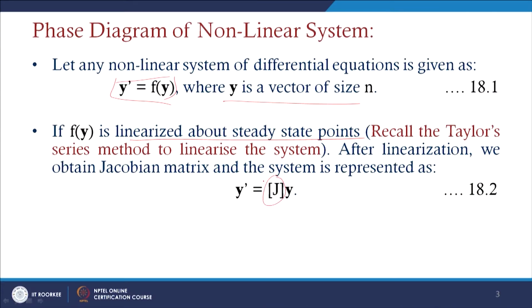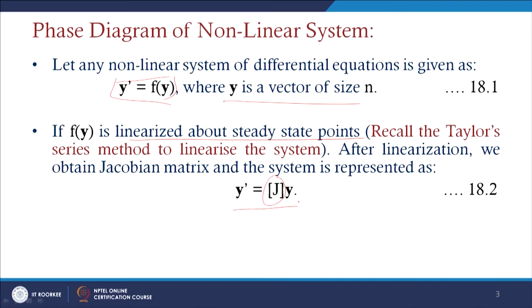This means we are assuming the two functions in the form f of x plus h, y plus k, and capital G of x plus h, y plus k, and we assume that the functional values, represented as x dash equals f of x y and y dash equals g of x y, are 0. Then we have the first derivative terms present in the Taylor series expansion, and from there we get the Jacobian matrix. This is nothing but the linearization technique we use to bring the nonlinear differential equation to a linear form.